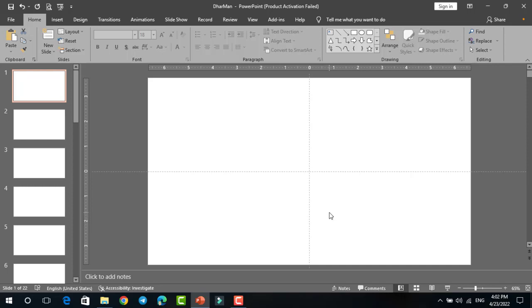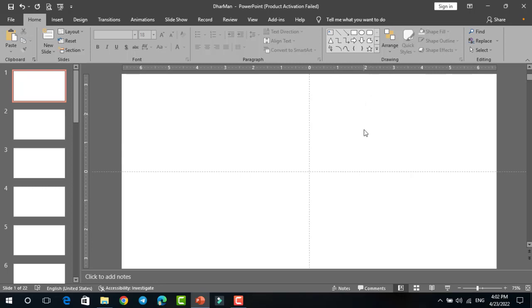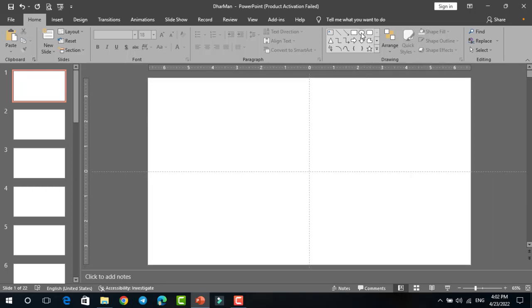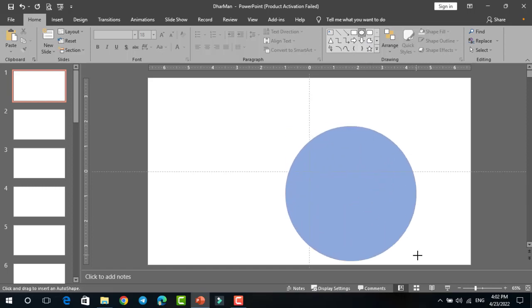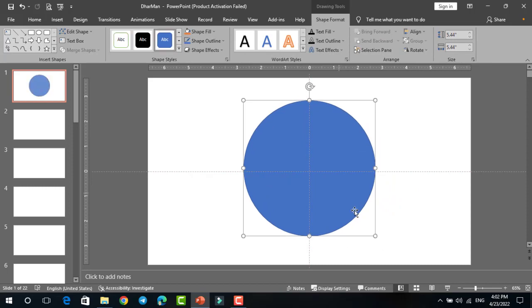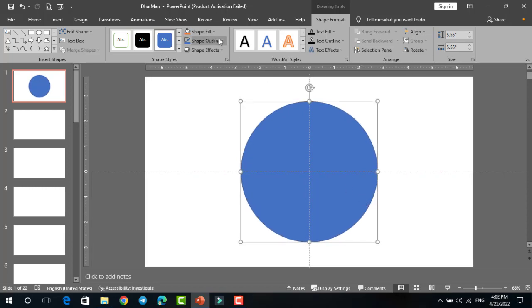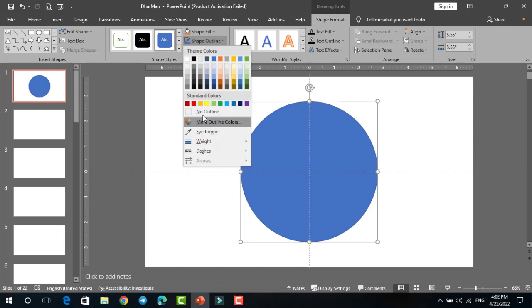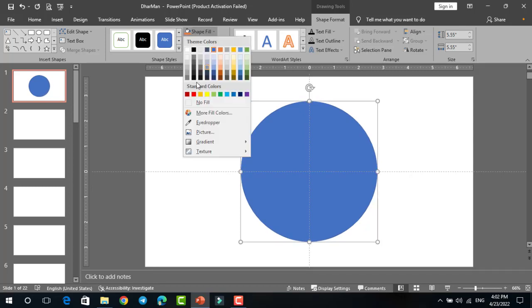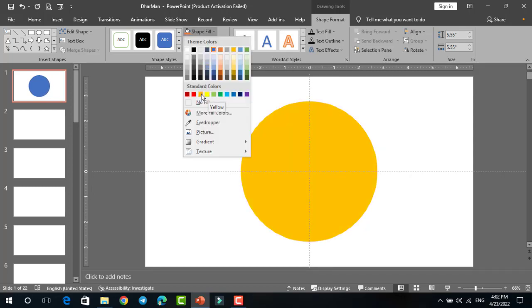Yes, now we go to create it, everyone. The first step, we use this oval. Okay, drawings. Okay, and then everyone clicks on shape outline, no outline, shape fill, yellow. Okay, this color, orange,